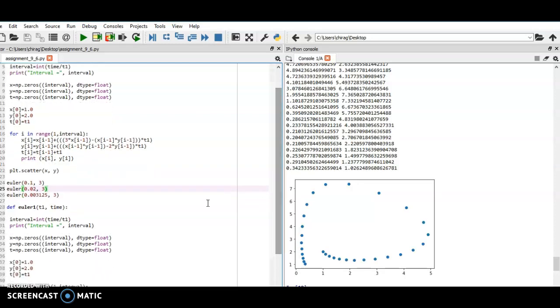Then we are assigning an initial value of 1 to array x, an initial value of 2 to array y, and the initial value of the parameter step size to array t. Then we are running a loop from the second element to the total number of steps, and then we are calculating both equations for each step. You can see in the output